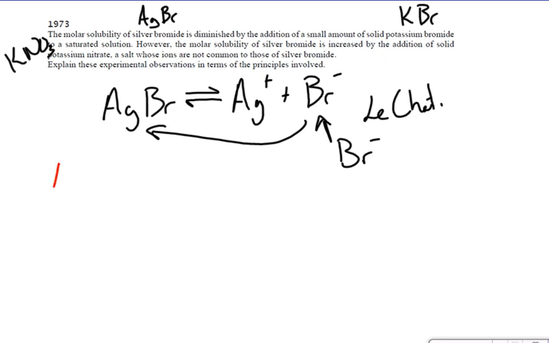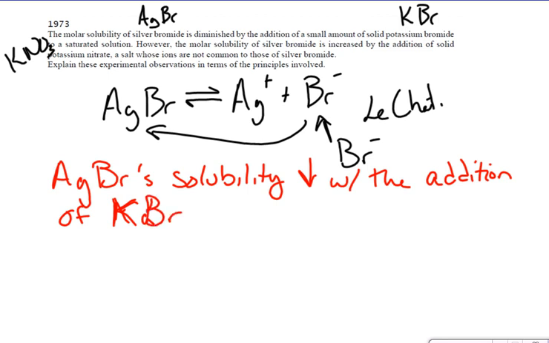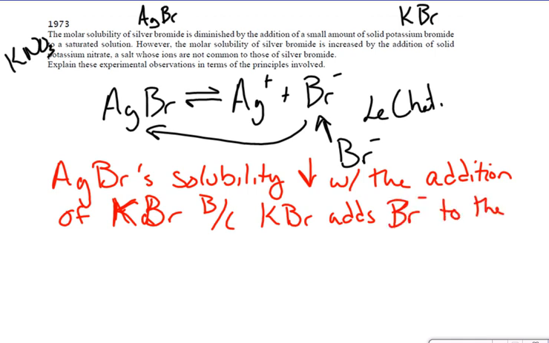Silver bromide solubility decreases with the addition of potassium bromide, because potassium bromide adds bromide ions to the solution,